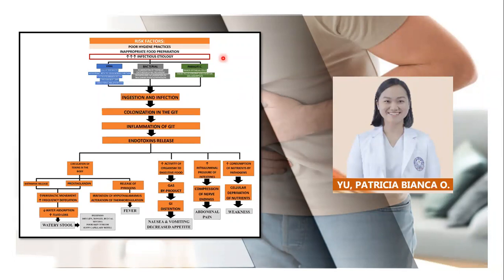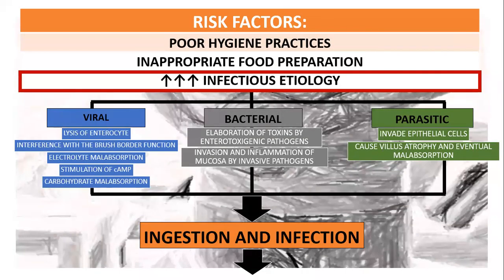We'll be discussing each of these sections one by one. So let's start. Here are the important risk factors that we have to consider for acute gastroenteritis. First is poor hygiene practices like poor hand washing and inappropriate or inadequate food preparation. Both of these would increase the likelihood of infectious etiology for acute gastroenteritis, and it could be viral, bacterial, or